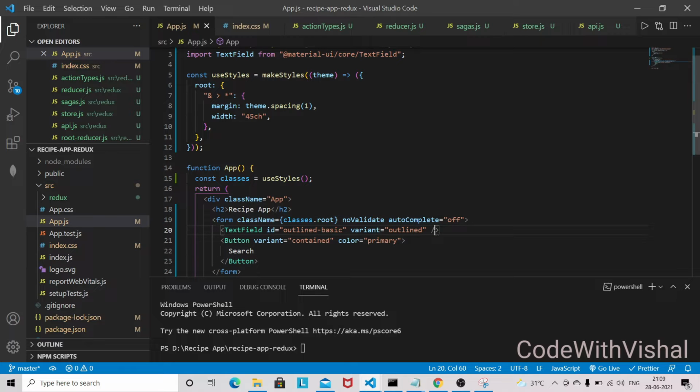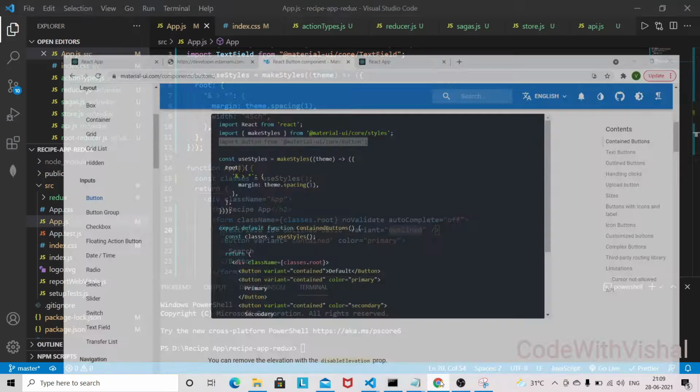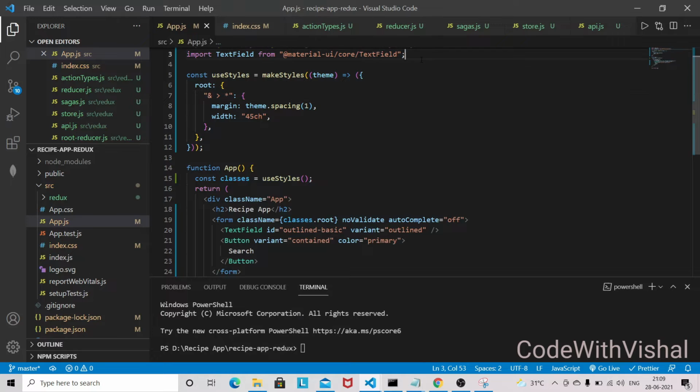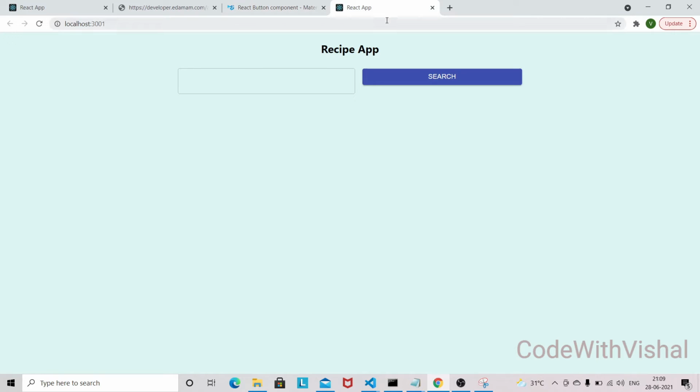and let's go into the browser. Okay, so before going into the browser we also need the button import. So let's import the button, only Button. Now just paste it here. Now let's go into the browser, and you can see that we need to do a little bit of styling on this button.